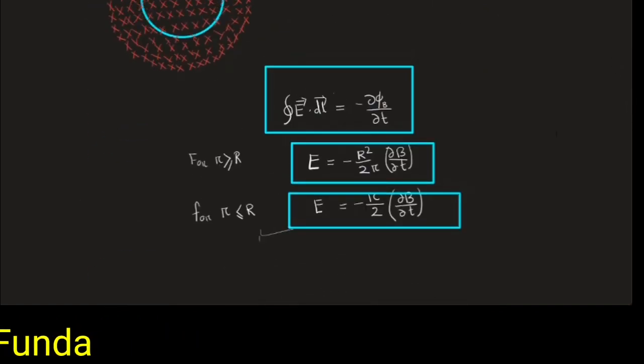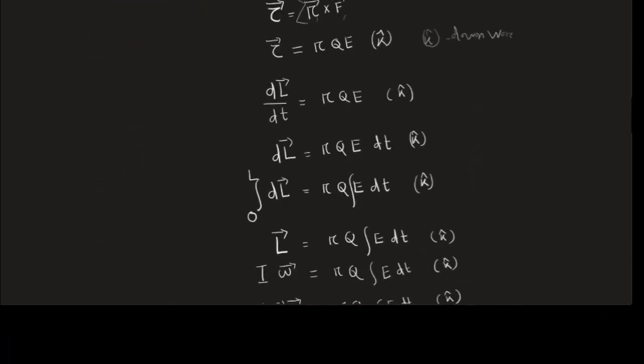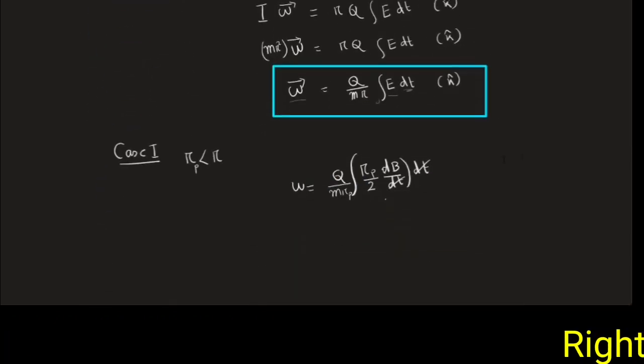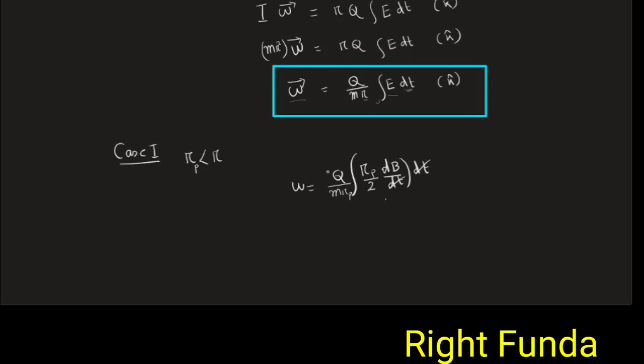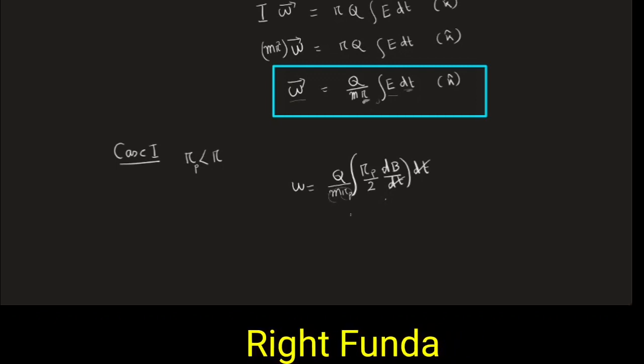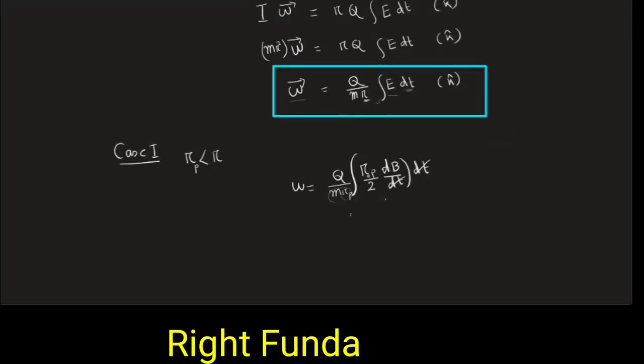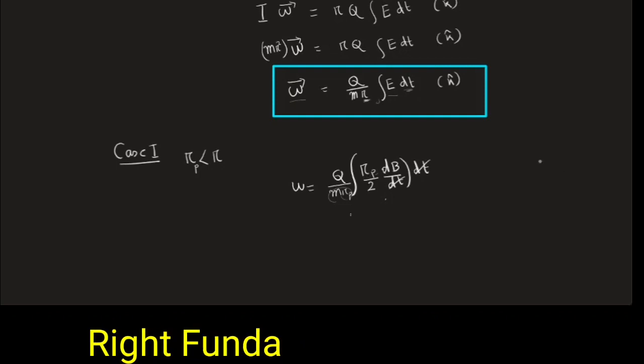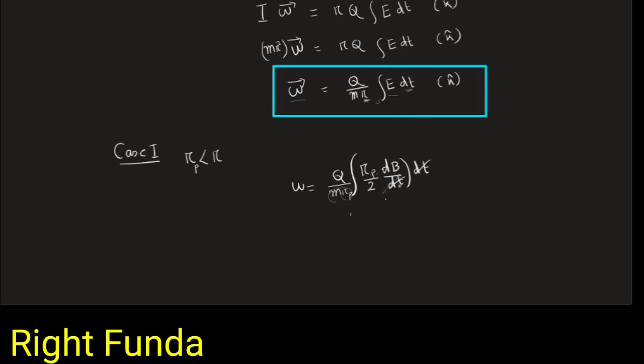This one will be r by 2 into dB by dt, r by 2. So r is what? Rp. And what is my capital R? Capital R is the radius of the ring, the radius of the cylinder, the radius of the paper cylinder. And luckily this is dB by dt, and the dt cancels. So what is the dB there?